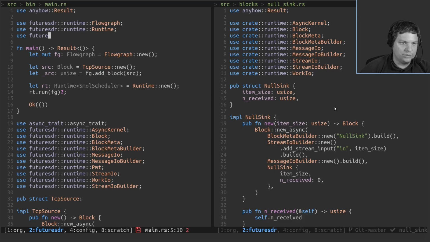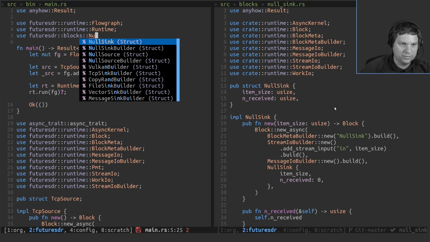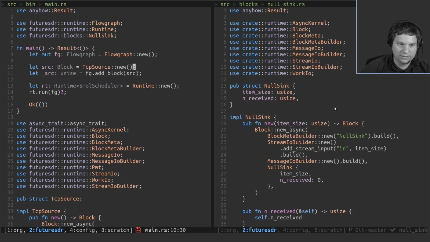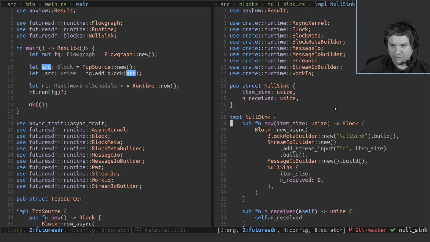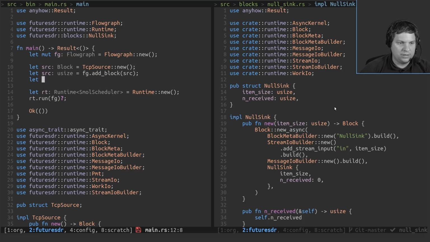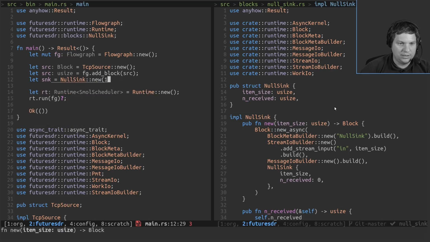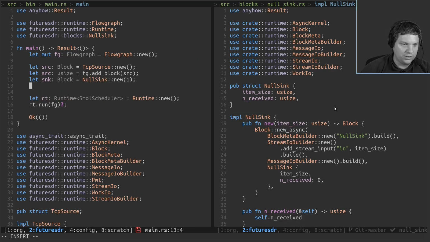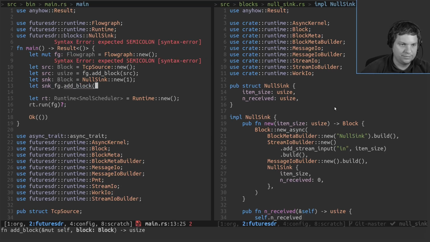So we can import the block, null sink, and here we can see that the only thing the constructor requires is the item size. So let sink equal null sink, and it also uses bytes, and we add it to the flow graph.